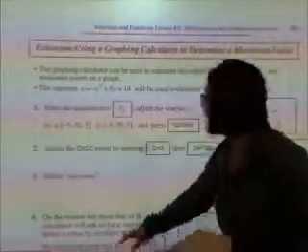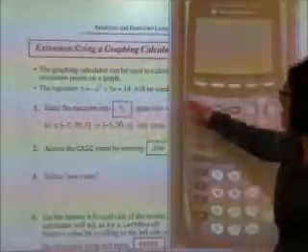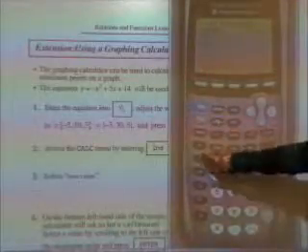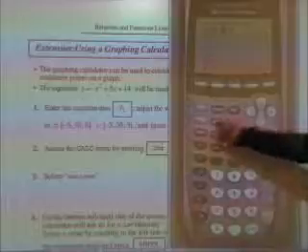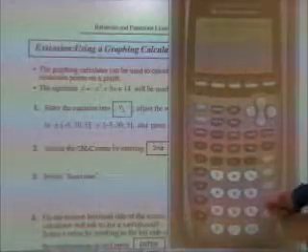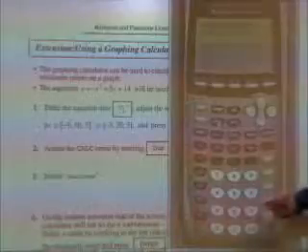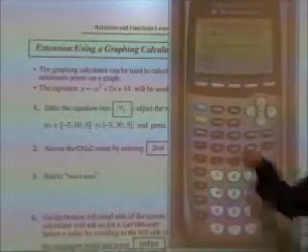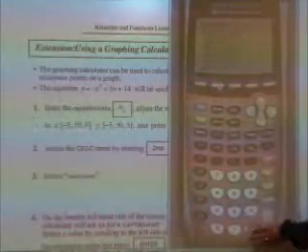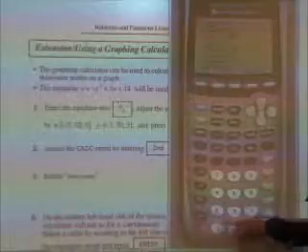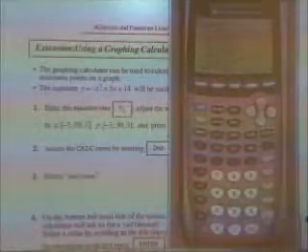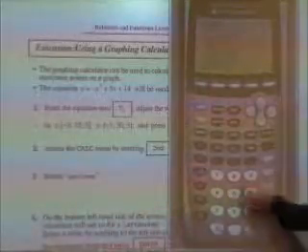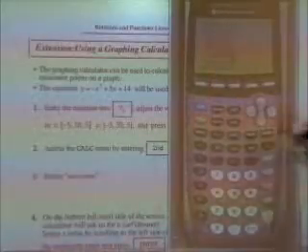So if we were to enter that into our calculator, this is the equation that we're going to put in. Negative x squared plus 5x plus 14. And then we have window settings that were provided to us. We press the window button, -5 to 10, going up by 5, so that's what the x scale means. -5 to 30, going up by 5s. And then if I press graph,